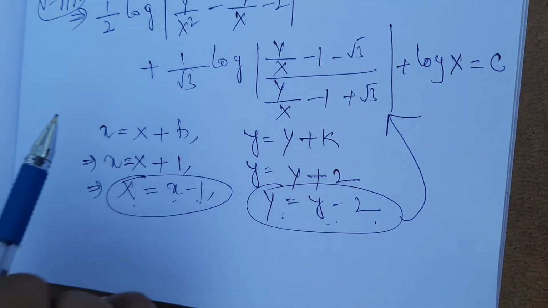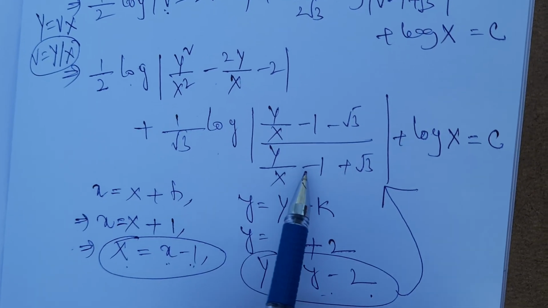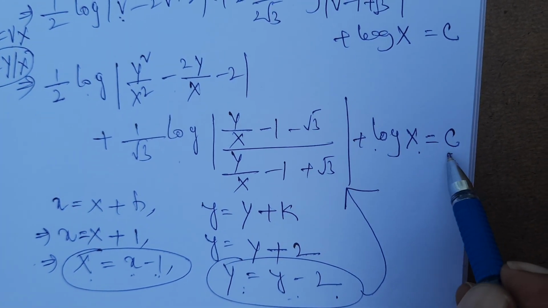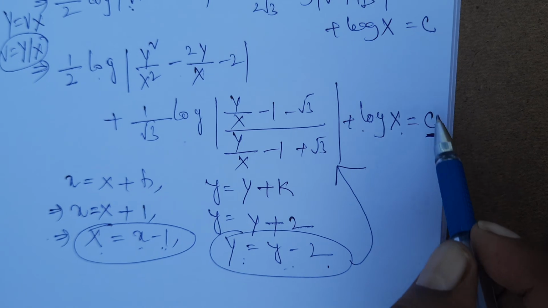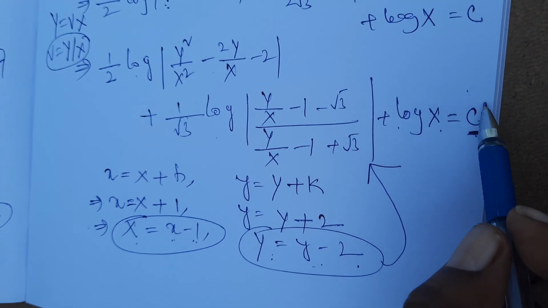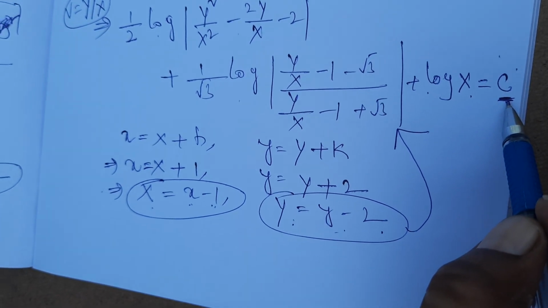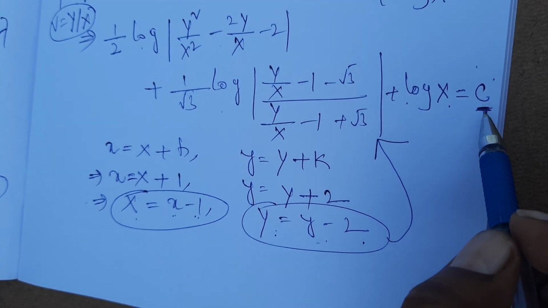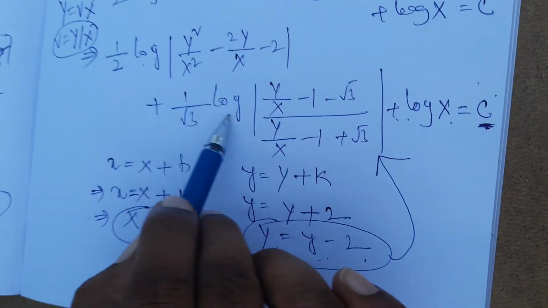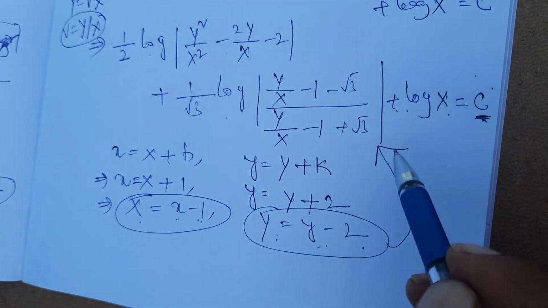And one observation here: this is in terms of logarithm, this value is also in terms of logarithm, and this is also logarithm of x. So automatically the c value you may also write as logarithm of c. In some books they will give logarithm of c, in some books they will give the usual c, so don't get confused by that. You may take the general c value or the log c value. If you take logarithm of c on this side, then every term has log, and on this side also the logs cancel, and you will get the best solution.